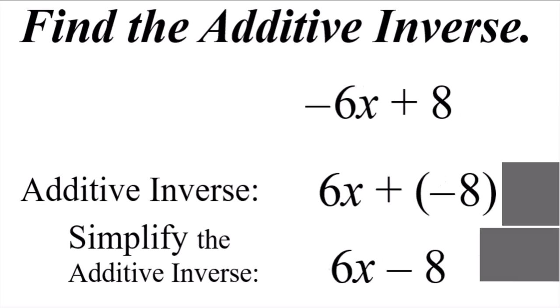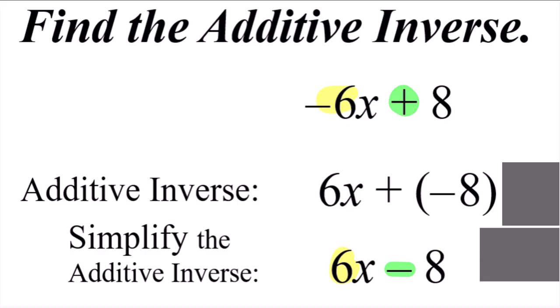Now, you might have noticed that there's kind of a shortcut to get from the original algebraic expression to its additive inverse, but written in simplest form. You can change the sign of the first term and then change the symbol in between, whether it was adding or subtracting, to its opposite. That's the shortcut way of going from an original algebraic expression to its additive inverse, and then it'll already be